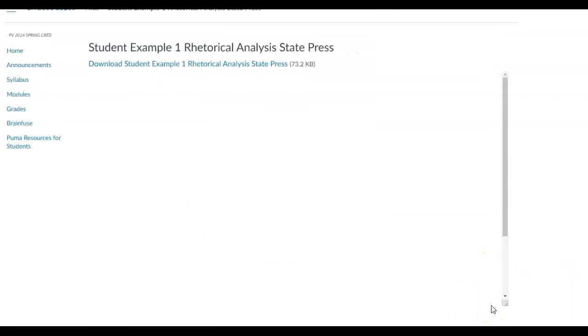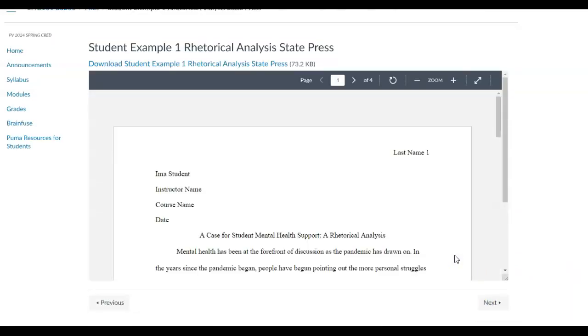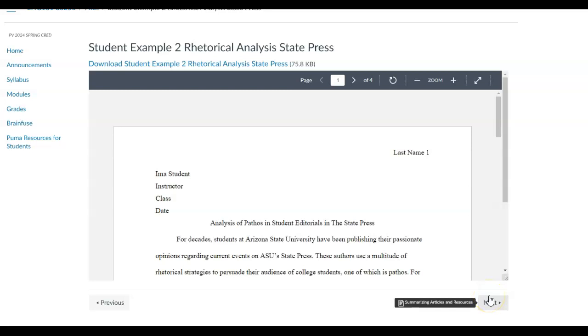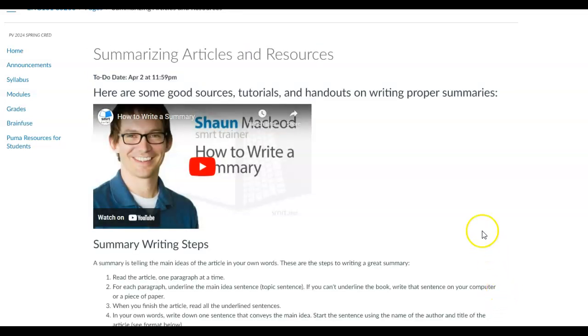But first, I have a couple examples here of students who have written this exact same type of analysis. It's the exact same assignment. I think that's important because it gives you an idea of what this genre looks like, what is expected here, and how to write it, how to organize this type of article. So read over those to become familiar with it, to know what's expected of you. Then we're going to get right into the elements, or whatever word you want to use, the parts of this type of writing.